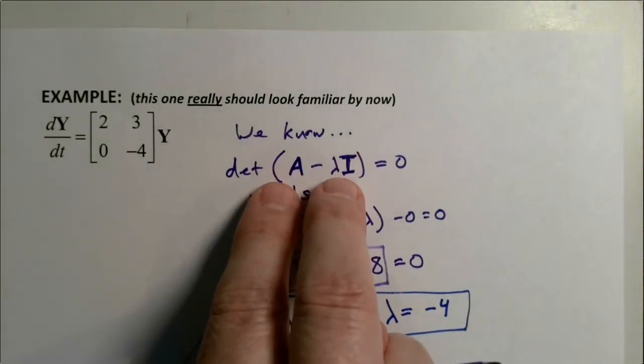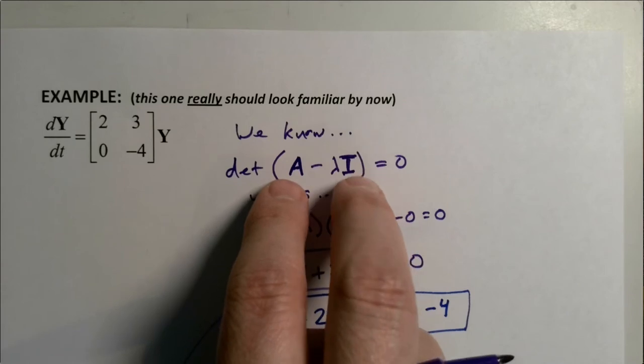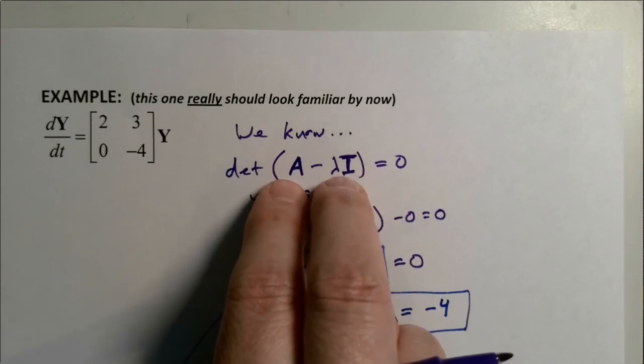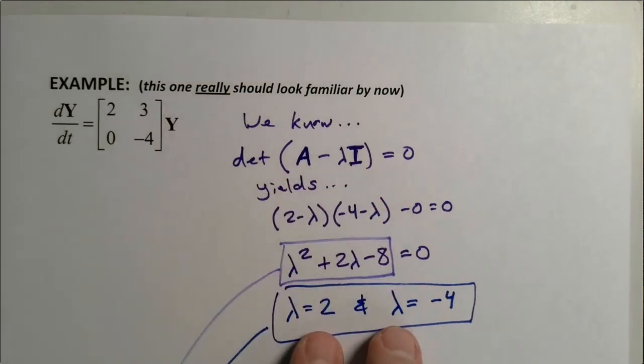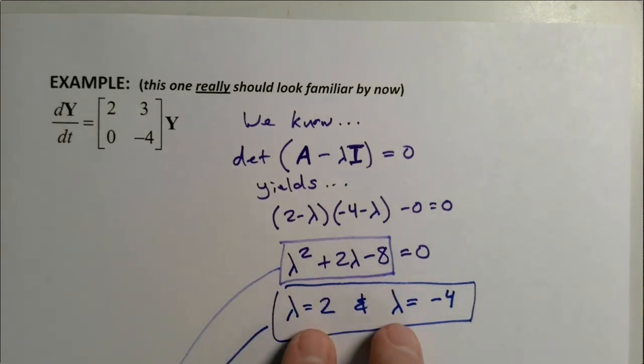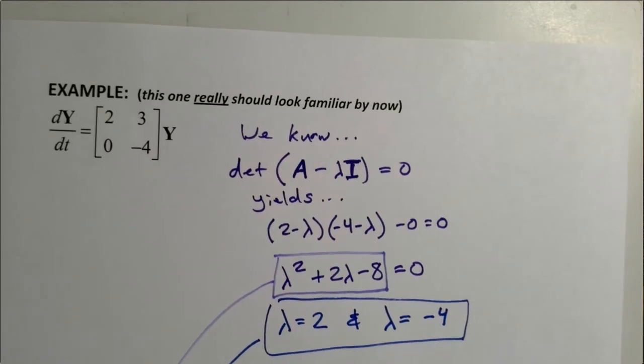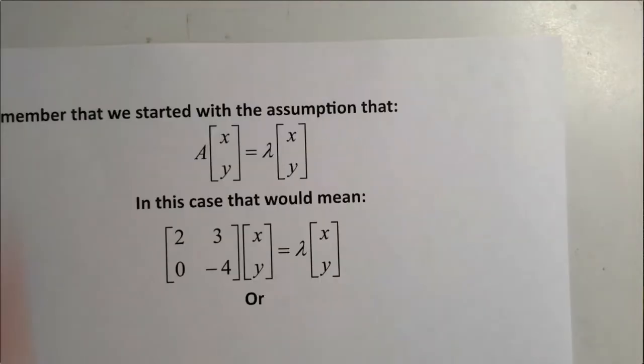So we're setting this determinant equal to 0 because we want to find those particular lambda values that make this true, because those lambda values are associated with the straight line solutions. And we're going to see how they're associated here in a second. And the characteristic polynomial has solutions that are eigenvalues. So on the next page, at the top,